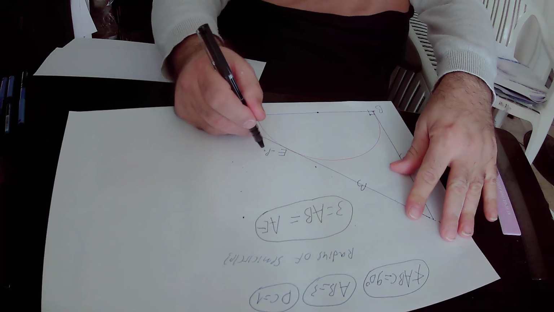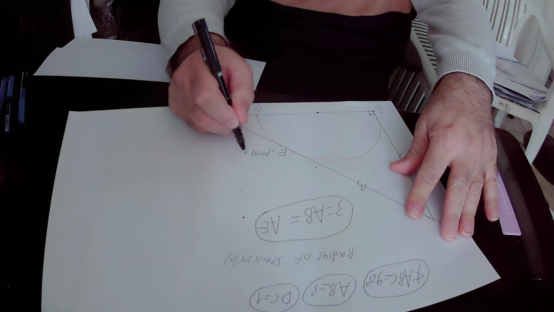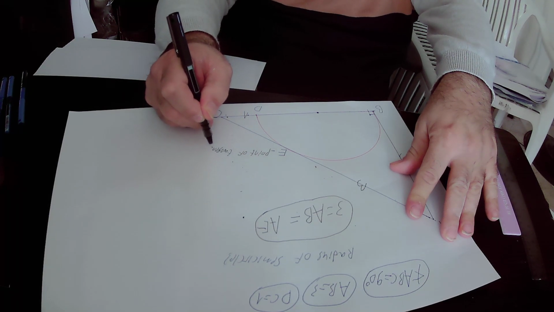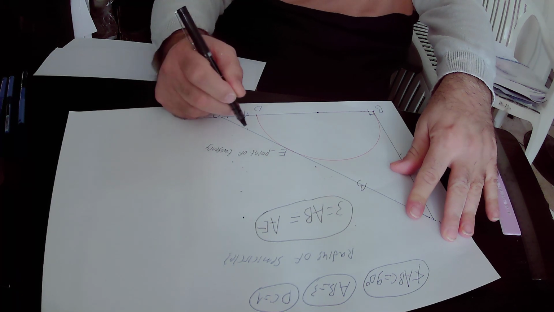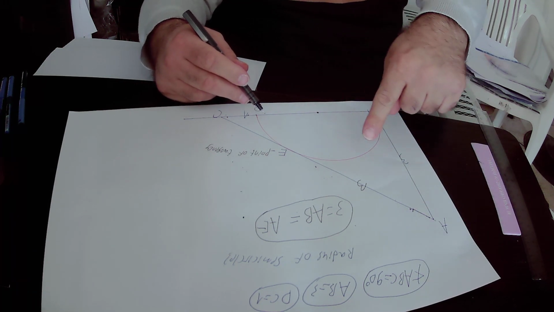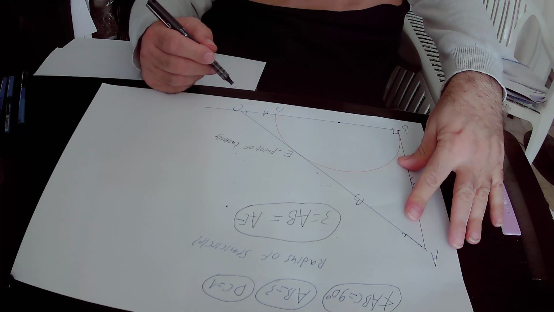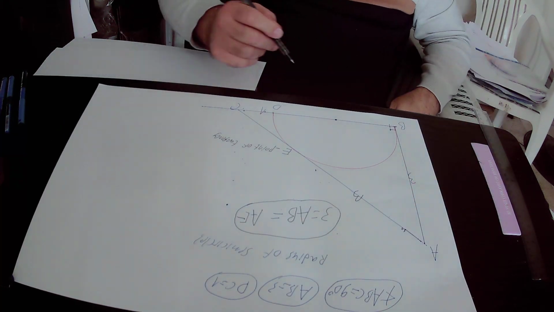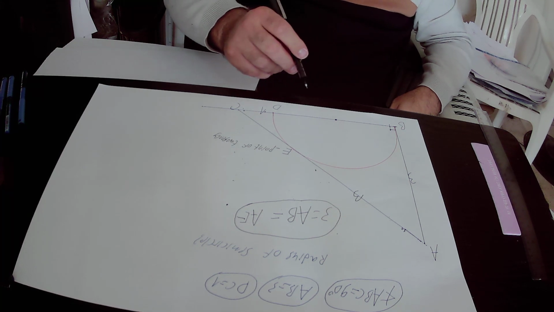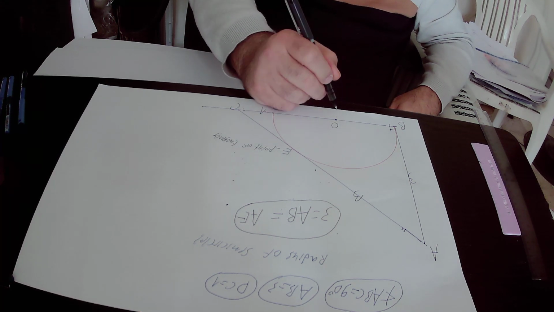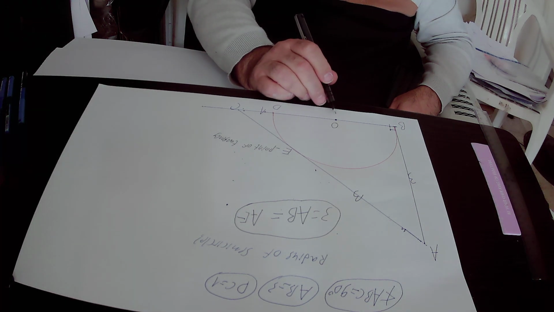Point E is the point of tangency of tangent AC with this red semicircle, and we will define the center of this red semicircle as point O. Point O is the center of this semicircle,